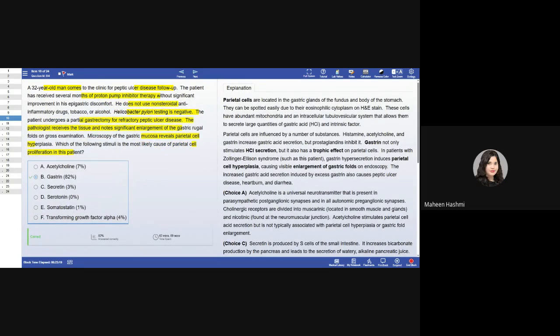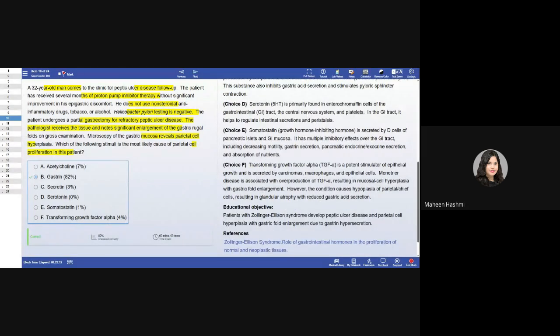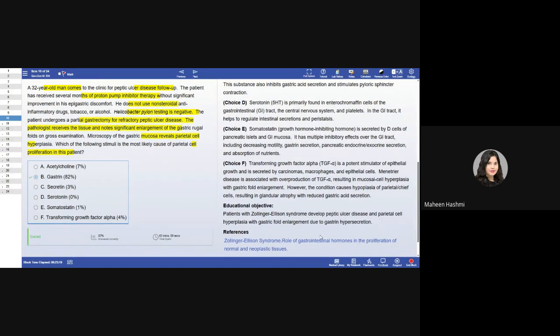Again, yes, very good. So Zollinger-Ellison, we talked about that the patient will present with increased gastrin production, and as a result, the patient will have a lot of ulcers throughout the duodenum. Also, the patient will have diarrhea and heartburn. Remember, I told you guys diarrhea and heartburn. So it's very important that you go through it again. What is the treatment of Zollinger-Ellison? How do you treat it? You address the gastrin hypersecretion.